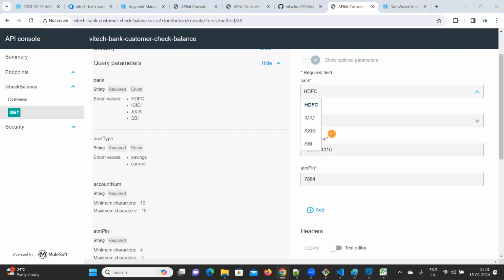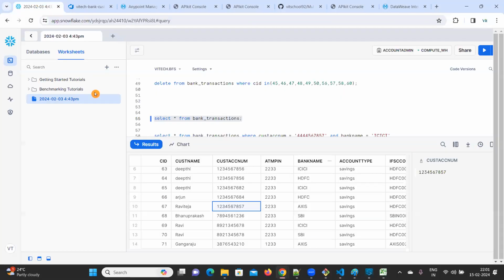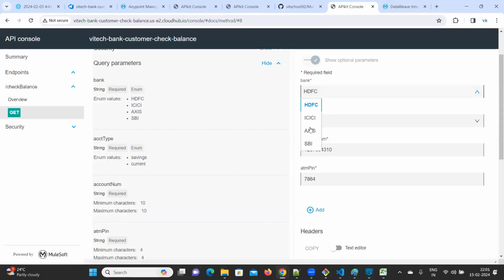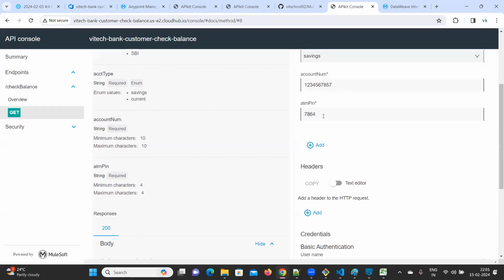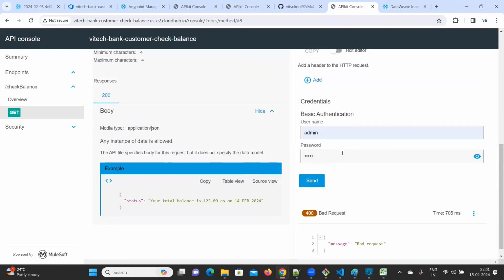So what is the bank? Axis Bank. Mine it is Axis Bank. Axis Bank savings account. The account number. The PIN I'm going to give wrong one. Okay, instead of 2233, I'm going to provide 2222. Okay, let me verify